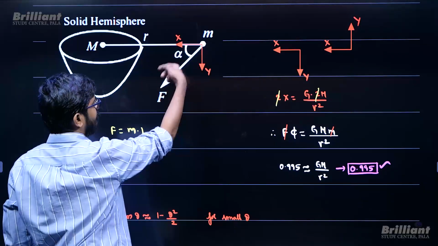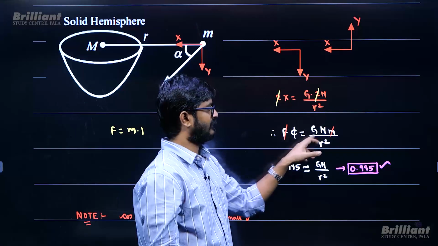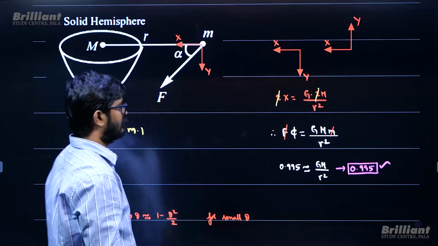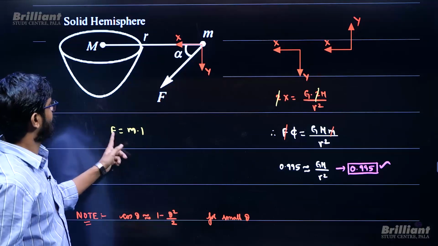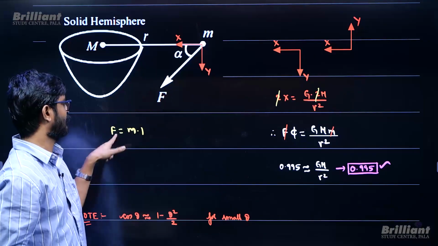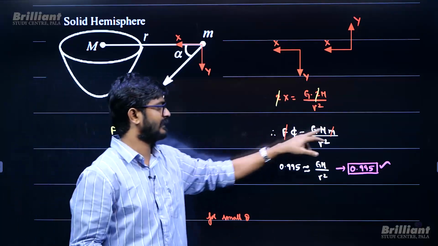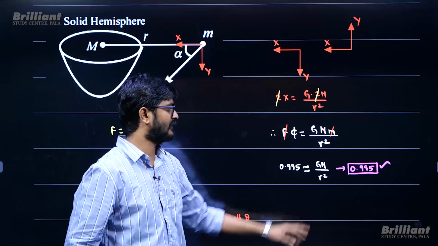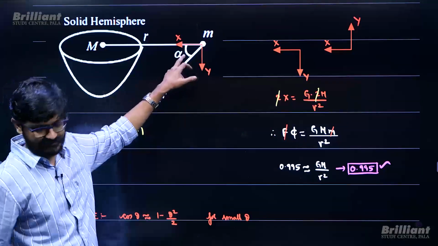But what is x? X is F cos alpha. F cos alpha is GM by r square. And they said acceleration is 1 unit. So applied force equals mass times acceleration, right? So these two will get cancelled. From here you need to find what is GM by r square. That cos alpha is given in the question. Alpha is in